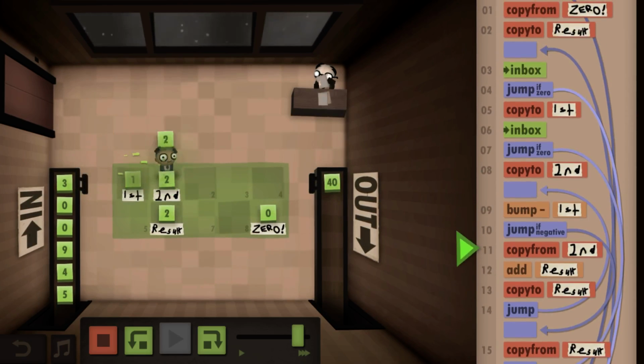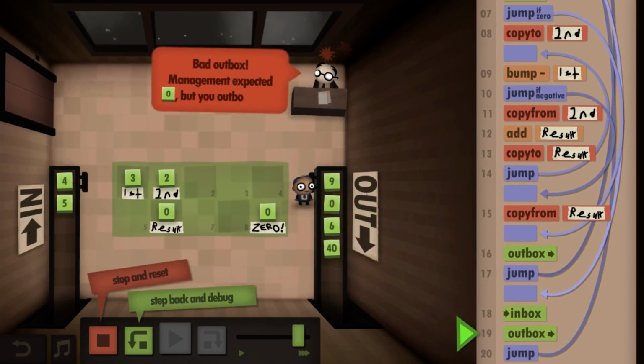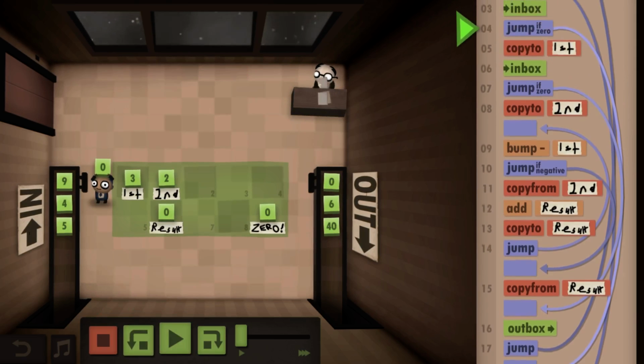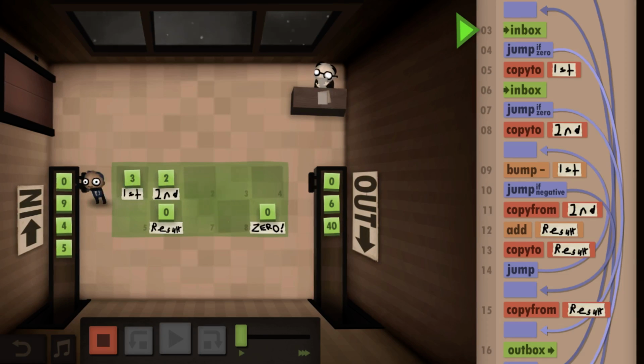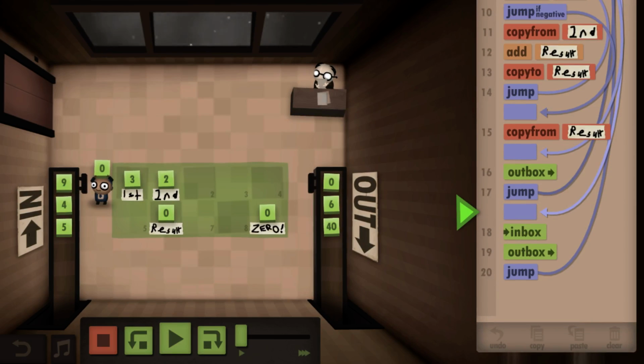Of course, there is more optimization we may do here because what did I do wrong this time? We get a 0, we jump if 0. Oh, we need to outbox, then inbox.